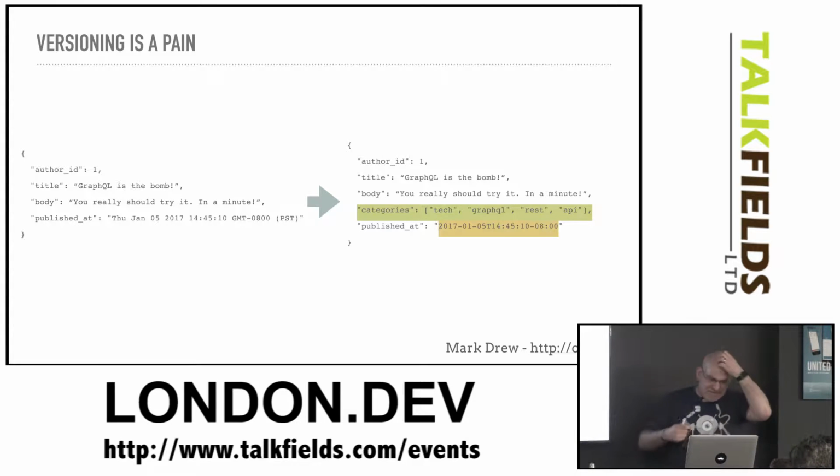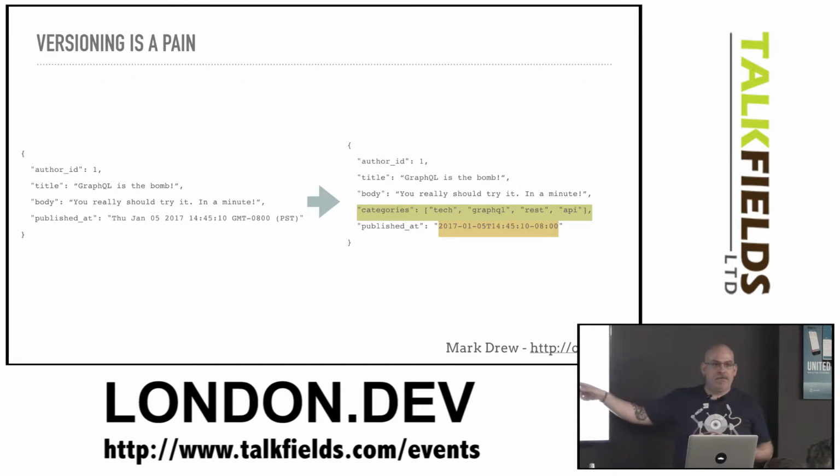Adding stuff to your API is not problematic per se, because hey, no one's using it, right? So for example, in this, if you can see it at the back, basically I'm getting a book and an author. Can you all see it? Yep. If you add something like categories, that's fine, right? None of your clients are using the categories, that's okay. But let's say I wanted to change the format of publish date and put it in ISO 8601 format, so that everyone can parse it much more easily rather than this silly format, GMT -8 and so on.